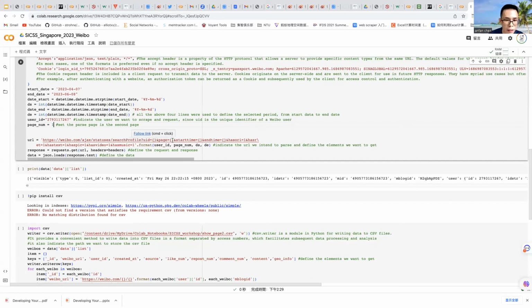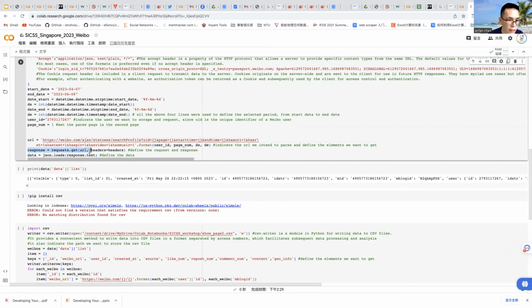Okay, the page number will fill here, the UID I indicate here. The UID will fill here, and the page number will fill here, and the start date will fill here, and the end date here. And in this way, we get a complete URL of the user.